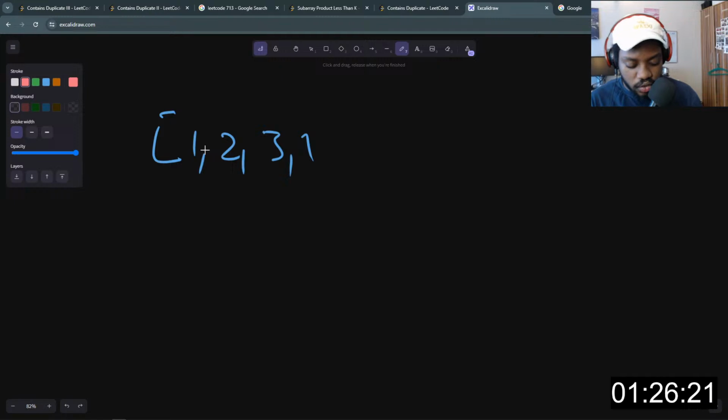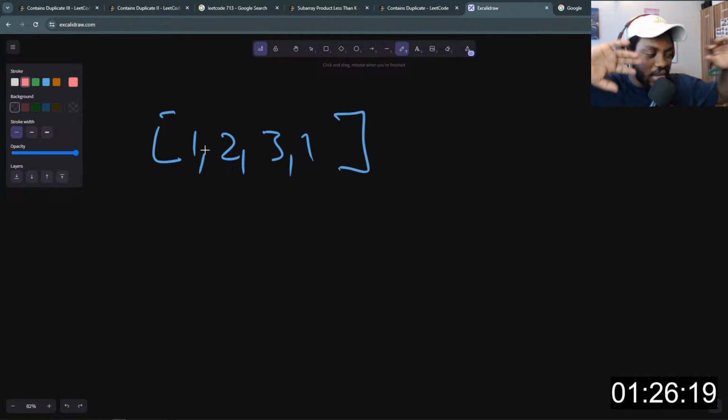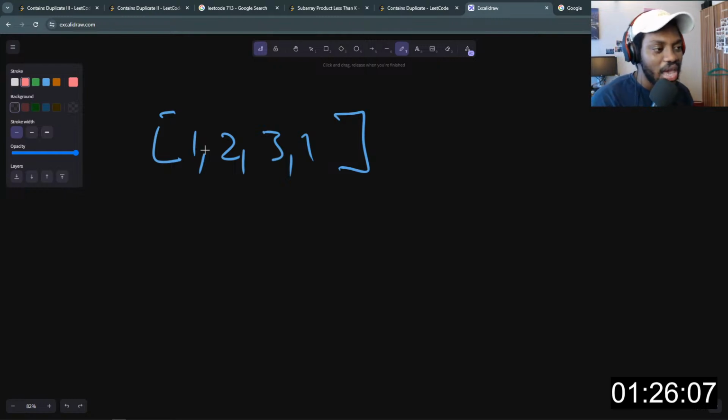All we need to do is understand that we are trying to look for duplicates, and once we find a duplicate, we need to go further to verify that this is actually a duplicate by finding out if the absolute value of their difference, that is j and i, is less than or equal to k.